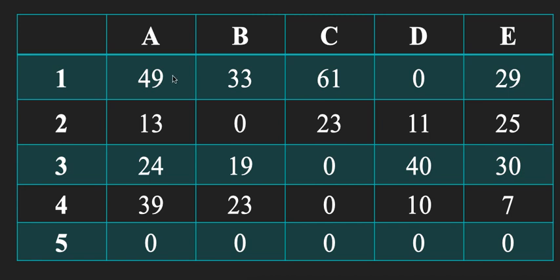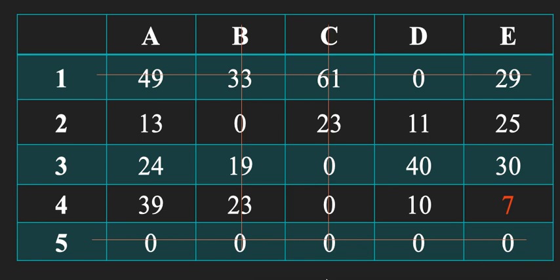After that, we have to find the lowest of each column. Here it is 0, here it is 0, here it is 0, here again it is 0, and here again it is 0. So there won't be any change now. After that, we are going to draw the minimum number of lines to cover the maximum number of zeros. So we have the maximum number of zeros here, so we can draw the first line here. After that, we have the maximum number here, so we can draw here, right? Then we have 1 here, and then we have 1 here. So let us do that.